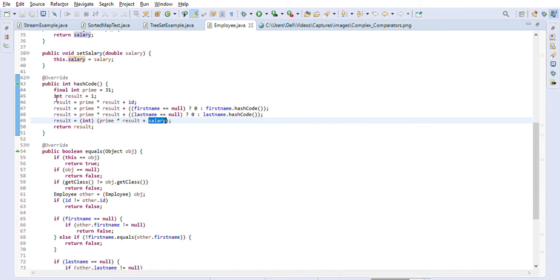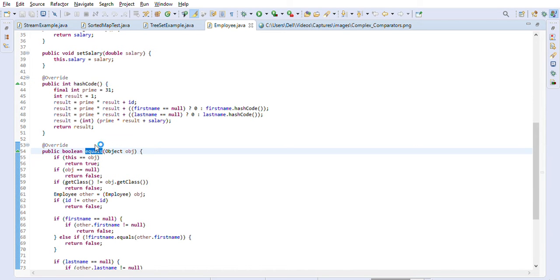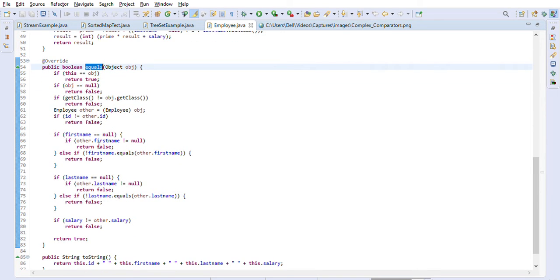So we used all 4 fields when creating the hash code. We also have to implement the equals method. Both of these methods are mandatory if we want to use that class as a key of a tree map. That's why we implemented equals.